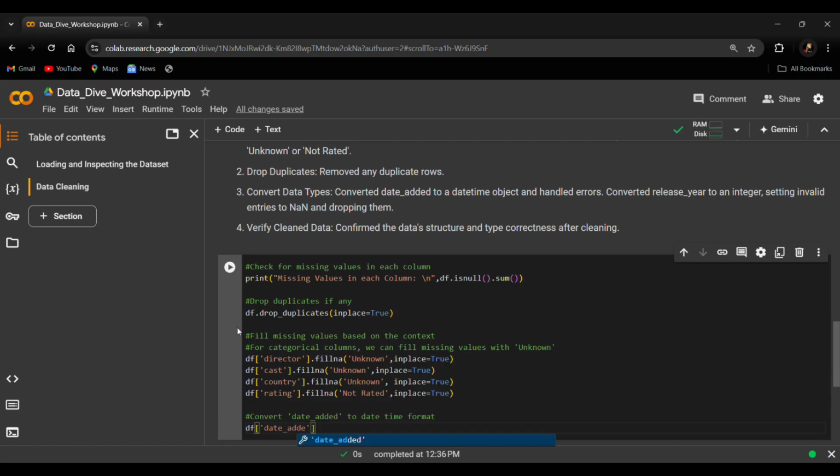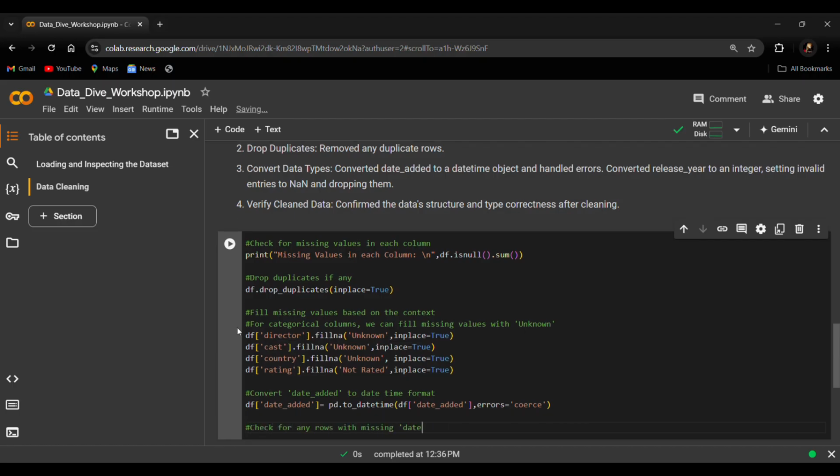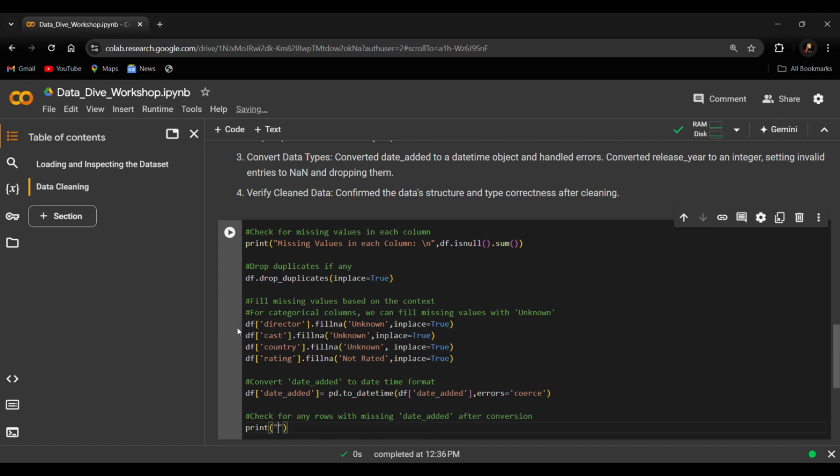Now we'll convert the date added column to datetime format. This is a part of our pre-processing. So we'll use the to_datetime function of pandas to convert the date added column to datetime format. Now we'll check if there are any rows with missing values after conversion.